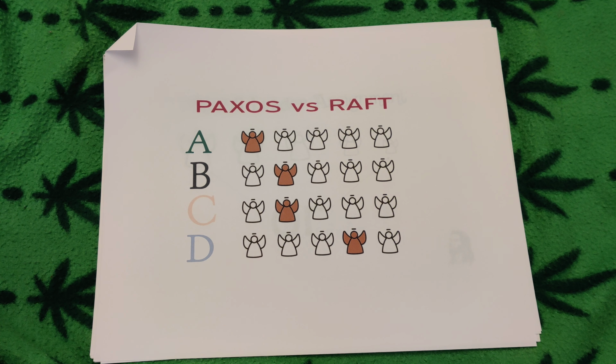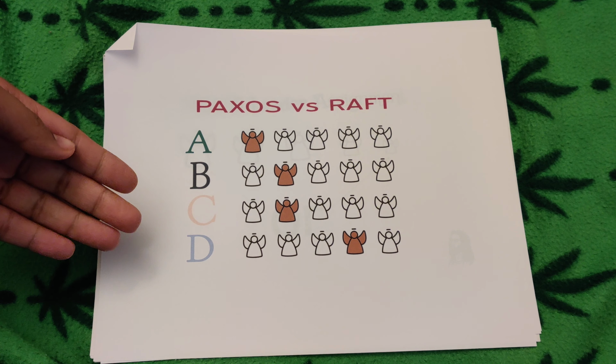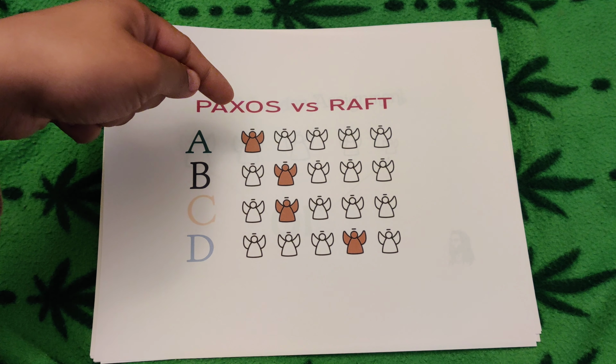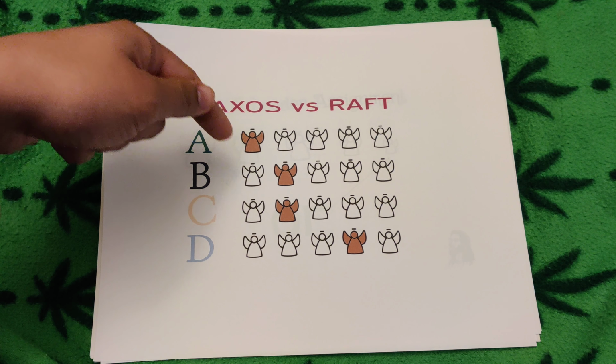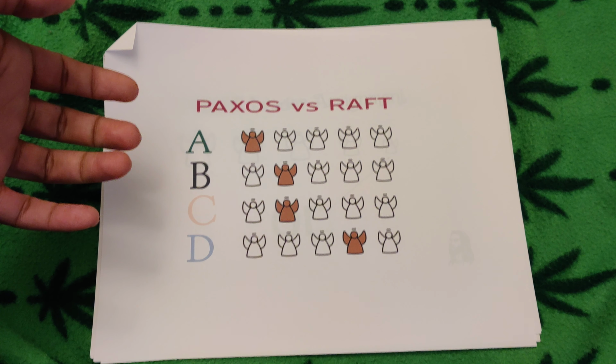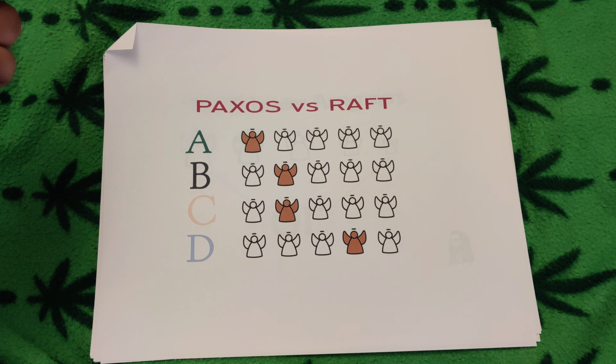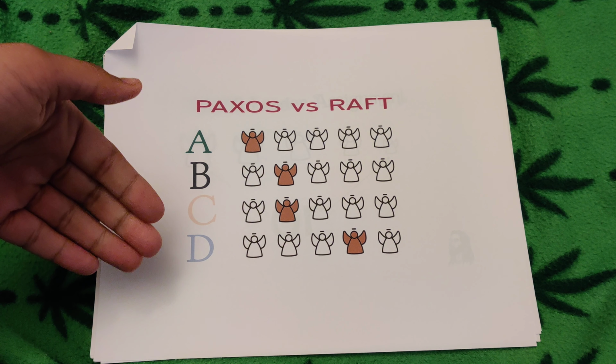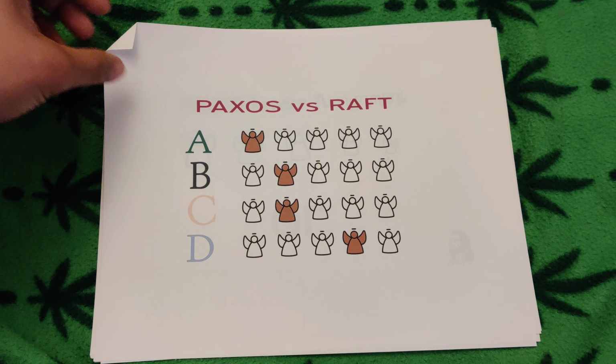In PAXOS and RAFT, multiple instances of the algorithm can be run. In each instance, the same or different component can function as a leader. How many instances the algorithm can run depends on the capability of the machine it's on. This follows the concept of parallelism within each system.